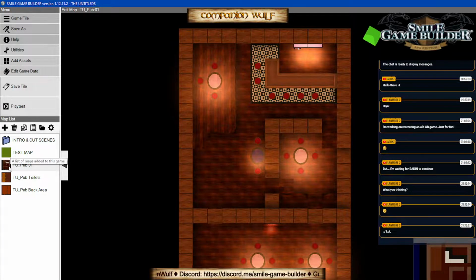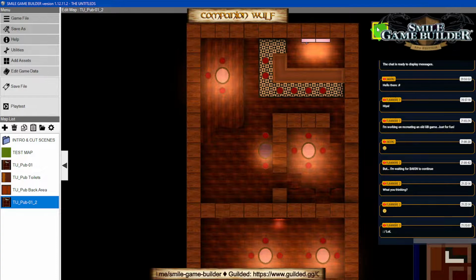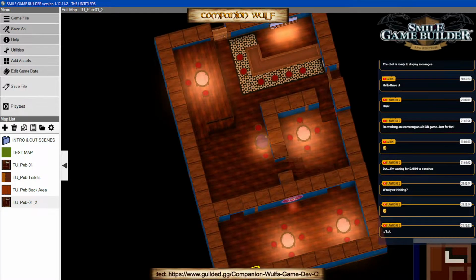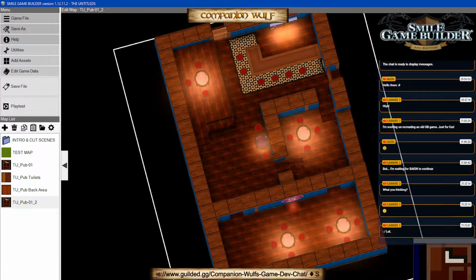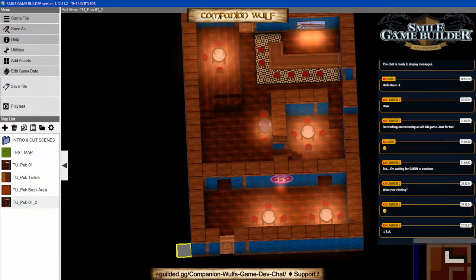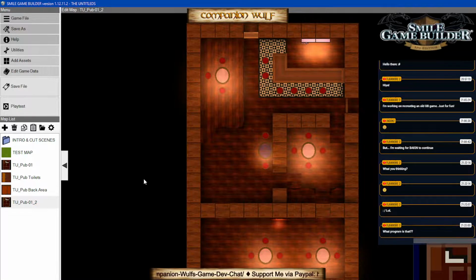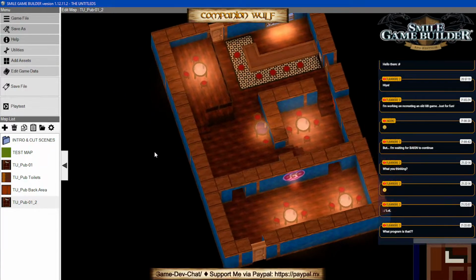Wait, where are the doors? It's an indication of the doors, just for the purposes of the map. That's a bit better, but